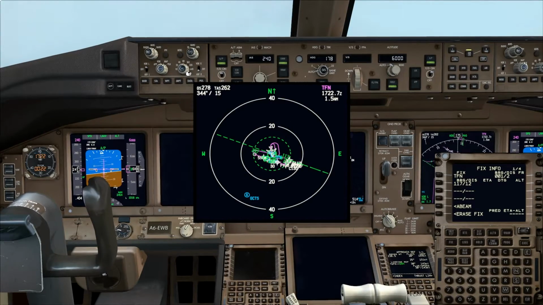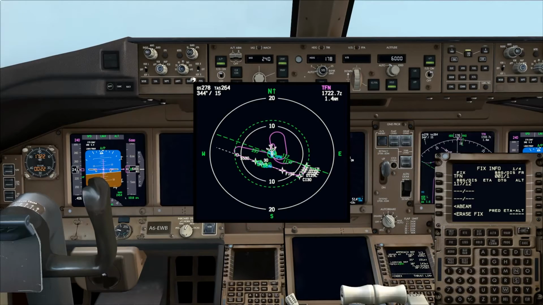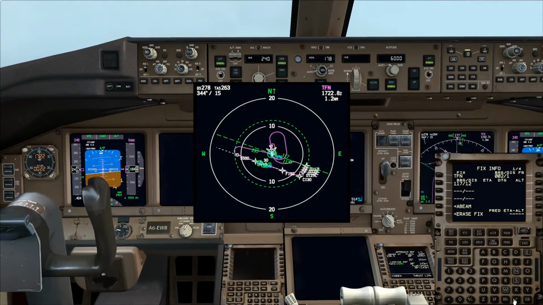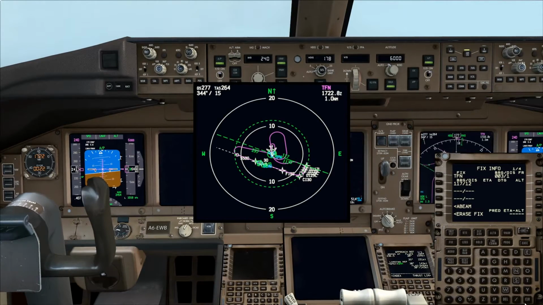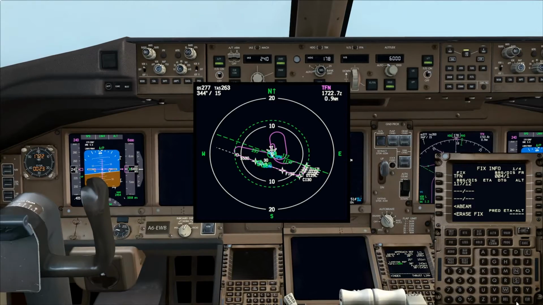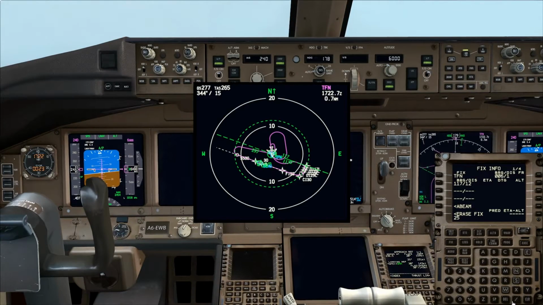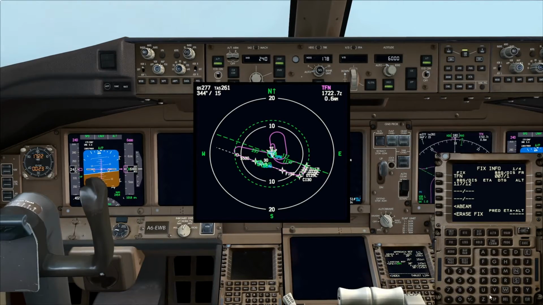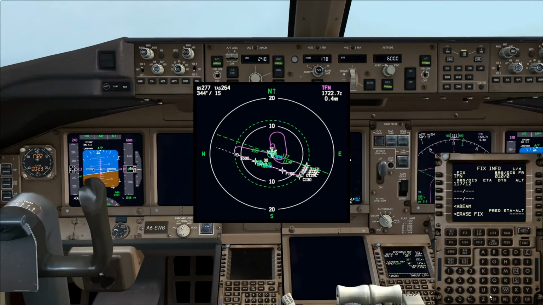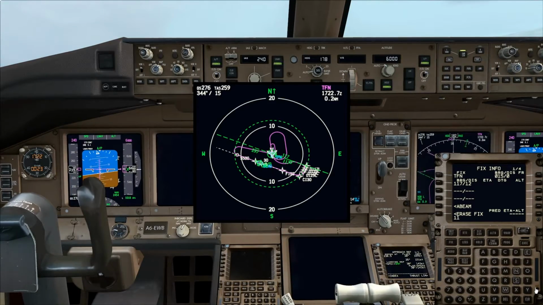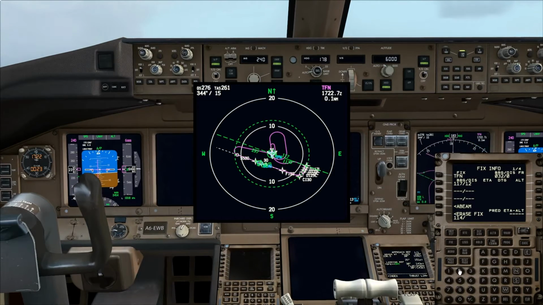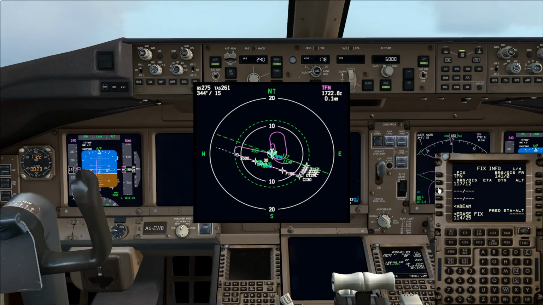In Tenerife North, I like to use it because there are very high mountains surrounding the airport. So it's nice to draw the actual 25 nautical mile sector using the bearings provided by the MSA. So 114 at